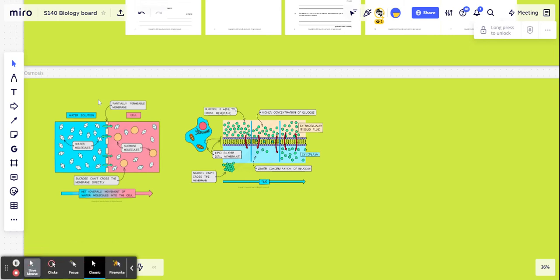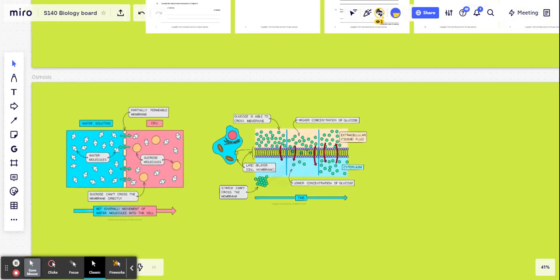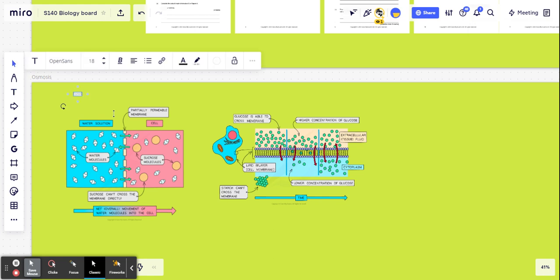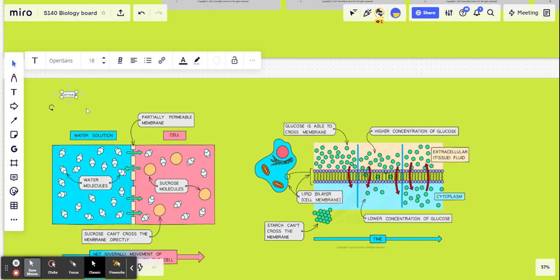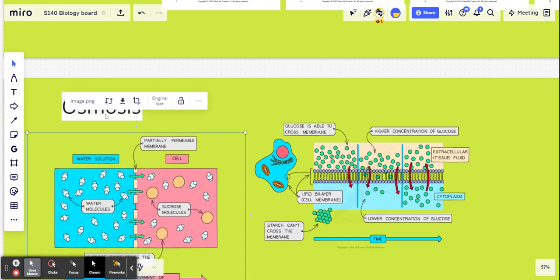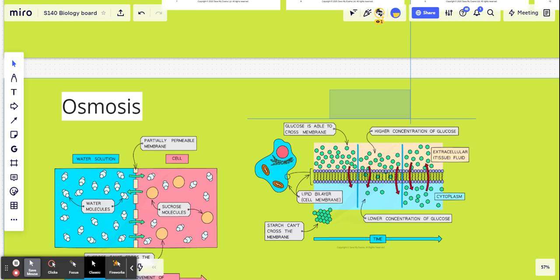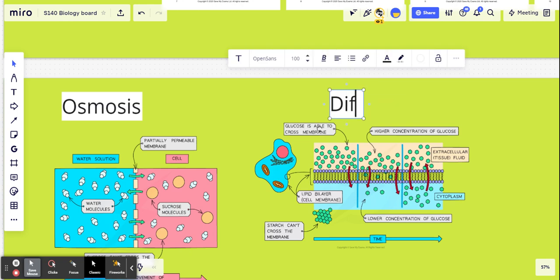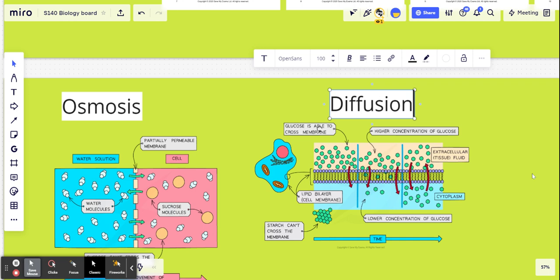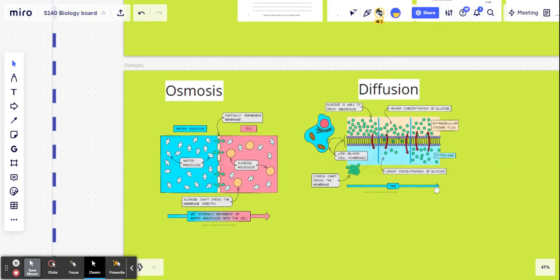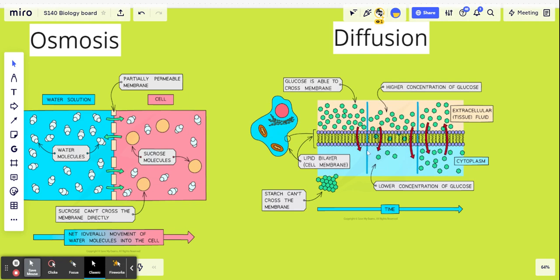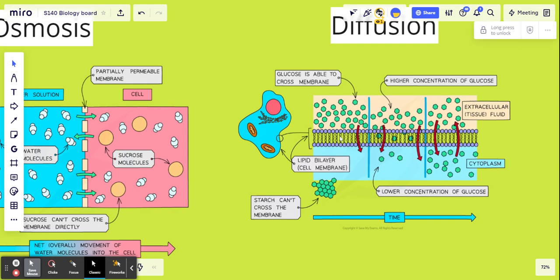So I want to just summarize the difference between diffusion and osmosis. On the left, we have osmosis. That's not spelled correctly. Oh no, it is osmosis. And then we have diffusion. So, key points then. In diffusion, the particles that are moving through the membrane or from one place to another are